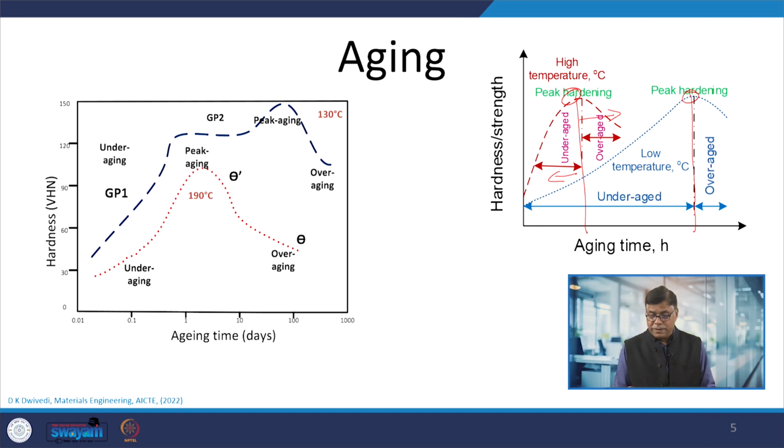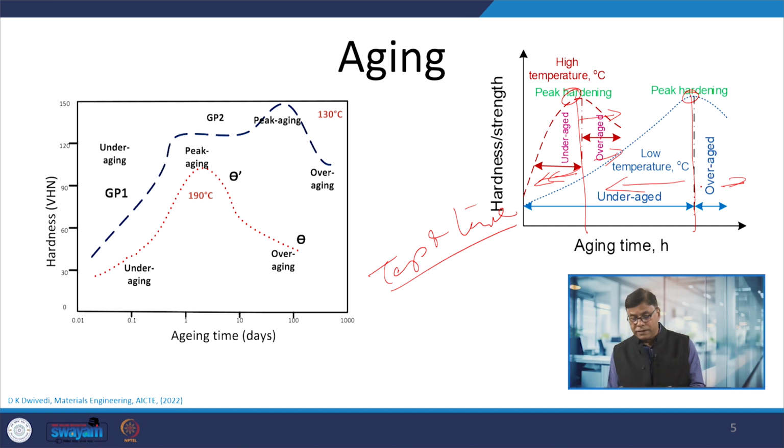Okay. So, the conditions of temperature and time corresponding to the maximum strength, that is called peak hardening, are to be identified and established. If it is not so, due to any reason, if it is underaged or overaged, then the strength that we get will be reduced. Okay. So, this will happen in both cases, whether we use low temperature or high temperature aging. Okay. This is the underaged situation, this is the overaged situation, and both over and underaged lead to